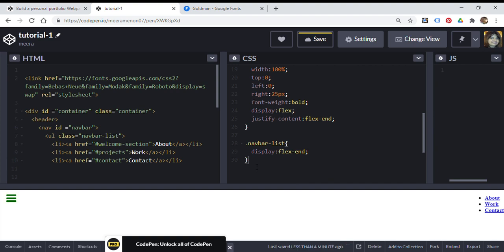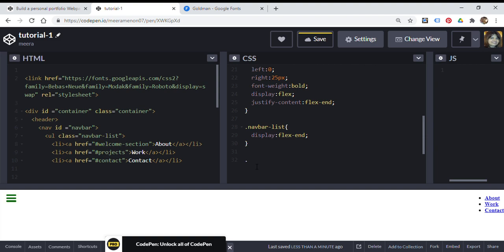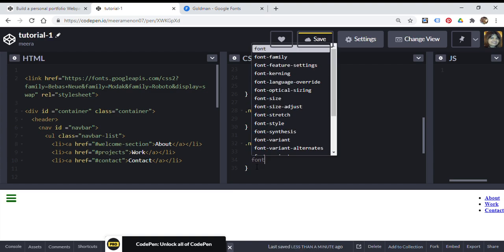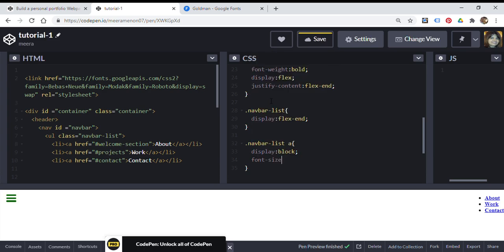Then I want to go here and do the A tag. Inside navbar list you have the A tag, remember? So I do that. Display, I do my display for this as block, the traditional way. Let's keep it strictly simple here. Font size, just choose from here. Again, personal, you can make it whatever you like, but don't make it too bold and garish. So until here is okay.